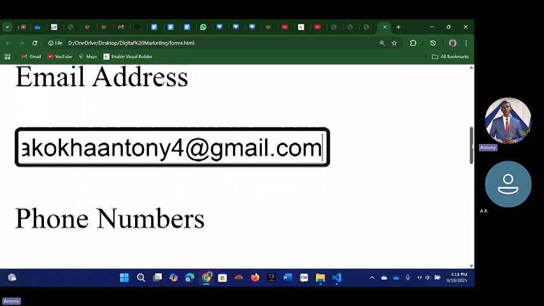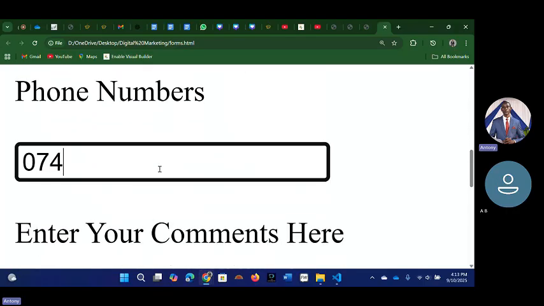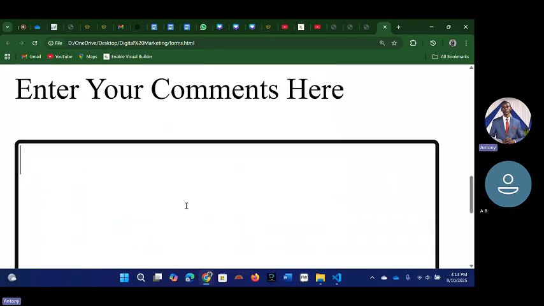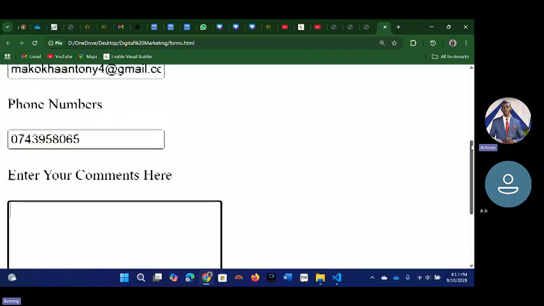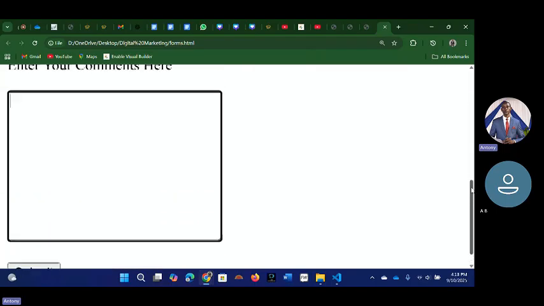And then after that, you can come down here, phone numbers, you enter your phone number like that. And then comments, this is now the text area, that area I've been telling you. So when you enter cols, you give it cols 30 and rows 10. Now cols is this end, it is the width, and then this is the height, or maybe the length and the width, just like that. So this one, the longer end is the cols, and then the shorter end is the rows. So this is where somebody enters their comments, maybe their questions.